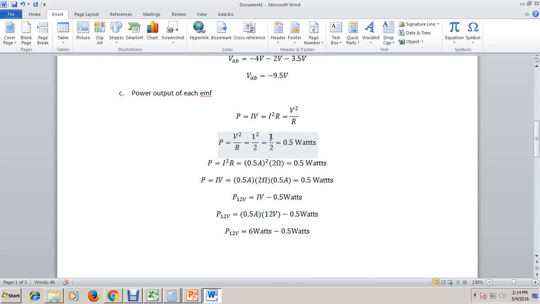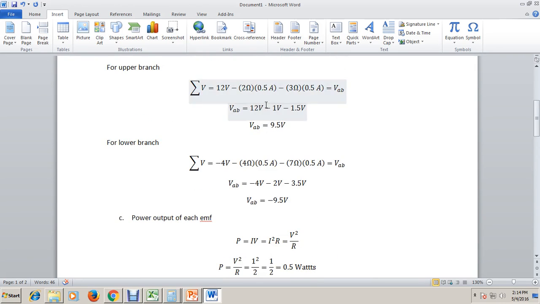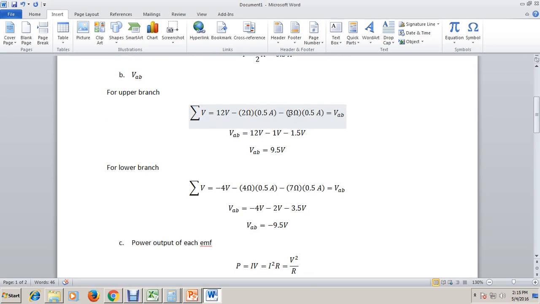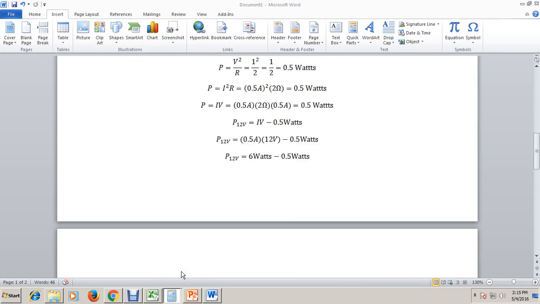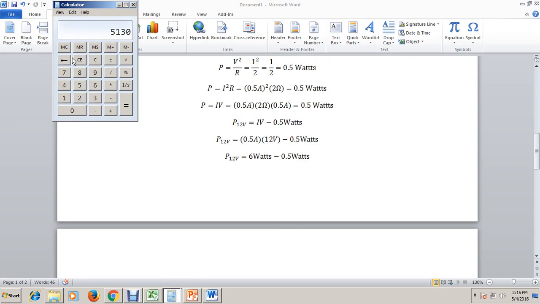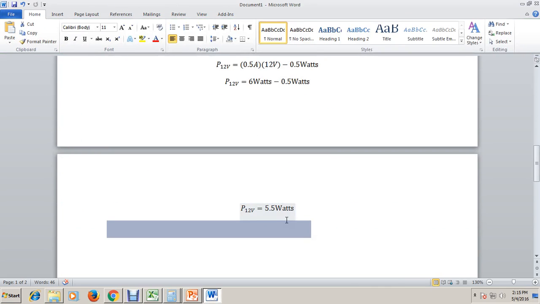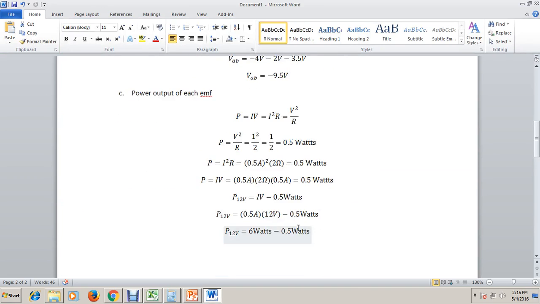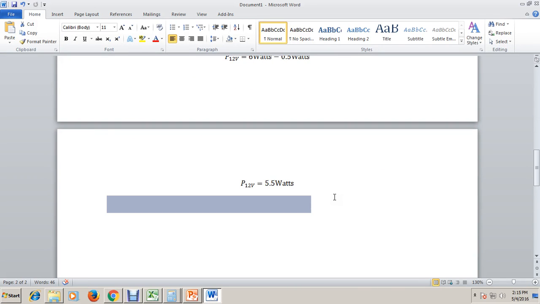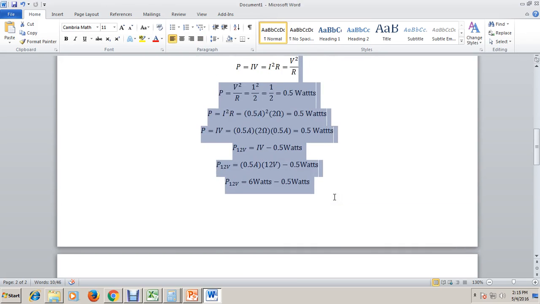I times R, that would be negative 1. So you subtract that from 12 volts, so that gives you 11 volts. You multiply 11 volts by 0.5. So 11 times 0.5 gives you 5.5 watts, just like what we have computed here. So 5.5 watts. As for the next set, for the next battery,